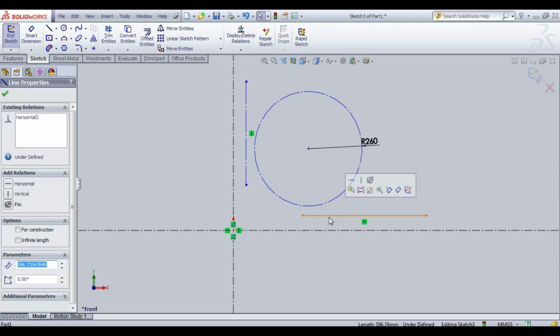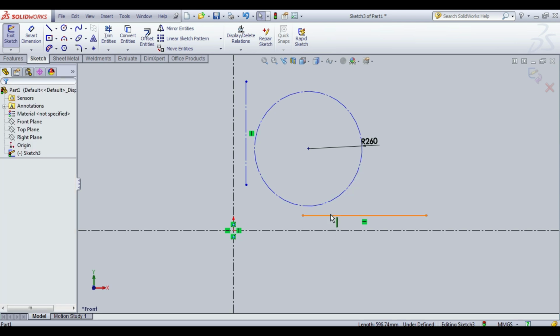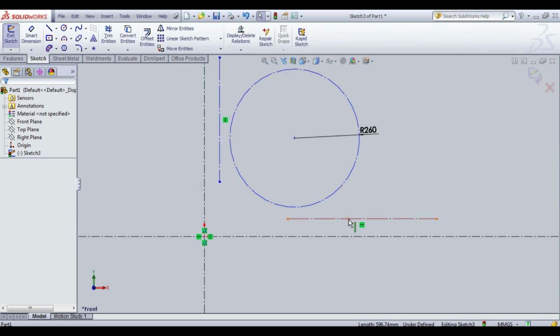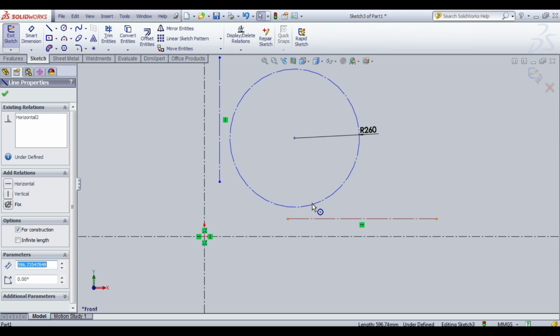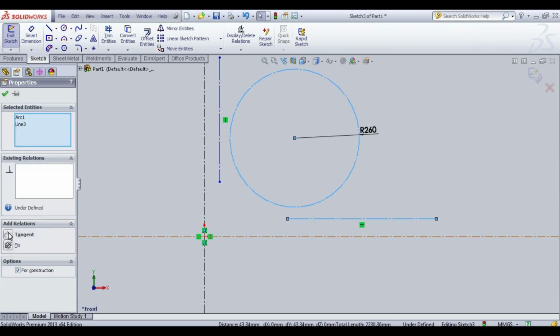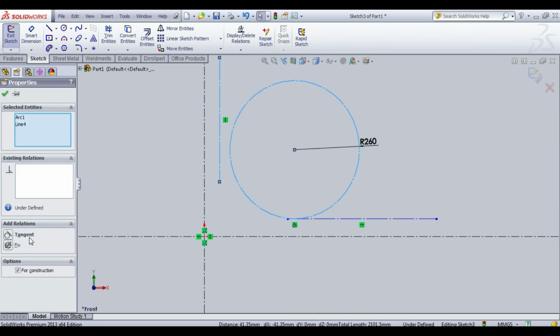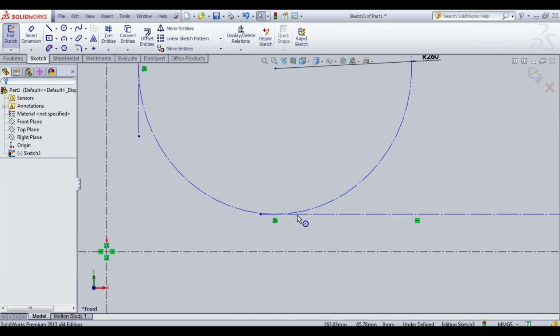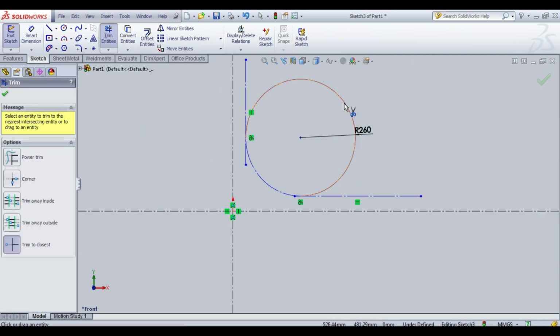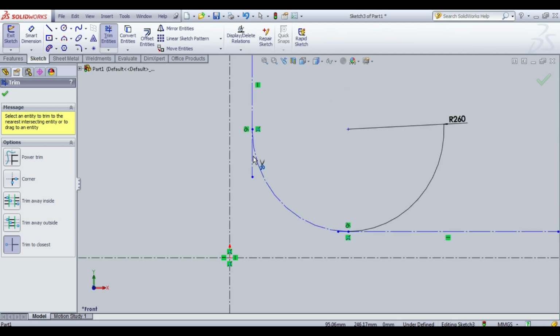Same as click on the horizontal line also construction. After that, click on the horizontal line and this center point of the circle. Give the tangent. After that, again you click the circle and click on vertical line. Give the tangent. After that, click on trim entities. Trim the unwanted area, unwanted lines.